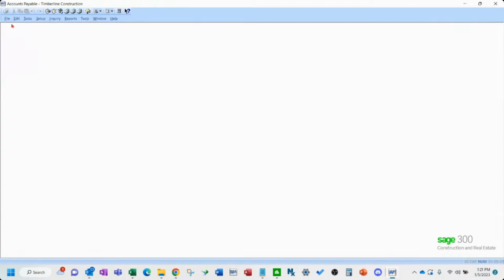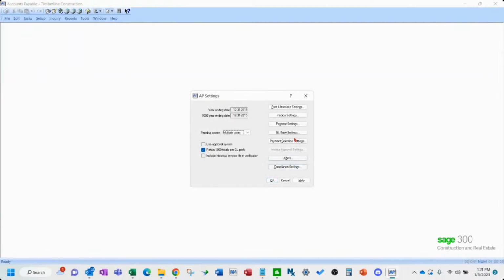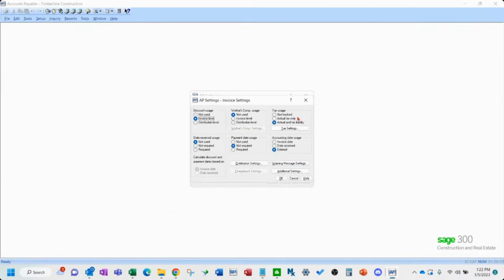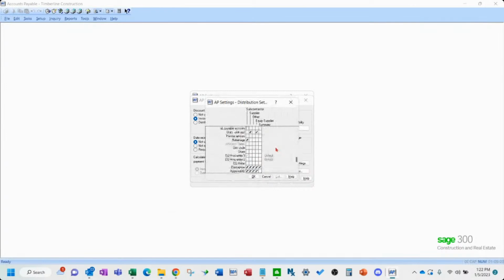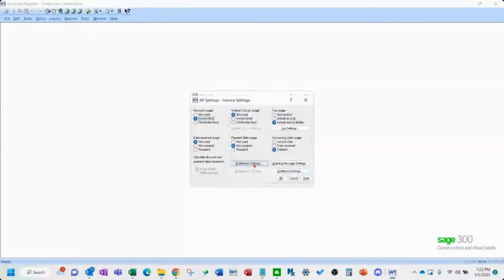Okay, so in your accounts payable settings, to help you with that, you can see if your discounts are on or off, payment date usage, taxes. So you can see what you're using in here to help you get the import file set up correctly. And then your distribution settings as well, right here.